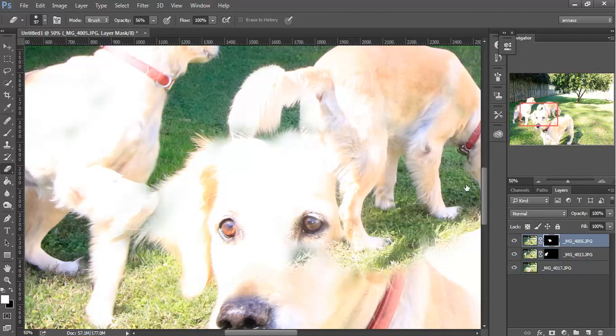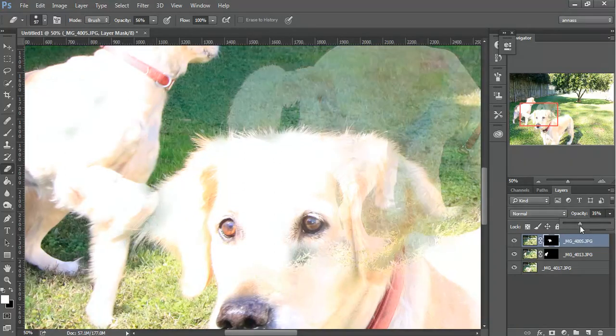Alright, so now I'm on my layer mask here. I might just take the opacity down on this layer so I can see her better. So all I'm going to do really is rub out along. Now you can be much more careful than this, but this is just to demonstrate. You could go up much closer, but I've made that opacity down